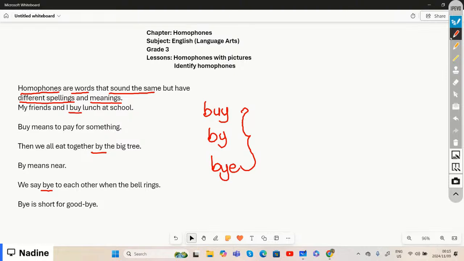So once again, we said homophones are words that sound the same, but they have different spellings and they have different meanings. And if we look at a few common homophones,